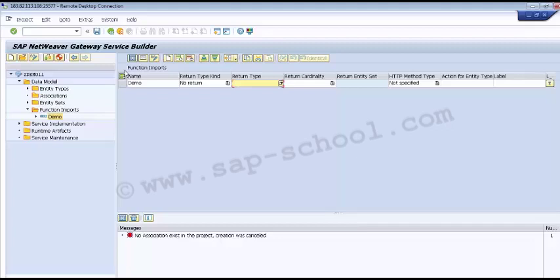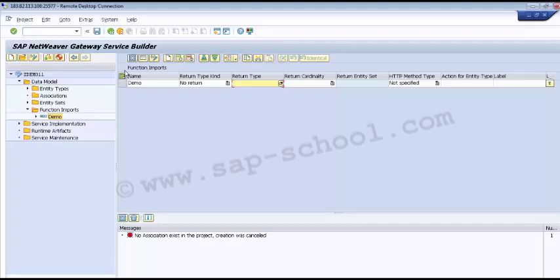So if we select 0:1, an error message is displayed. We have to set the cardinality based on which entity type we have selected.